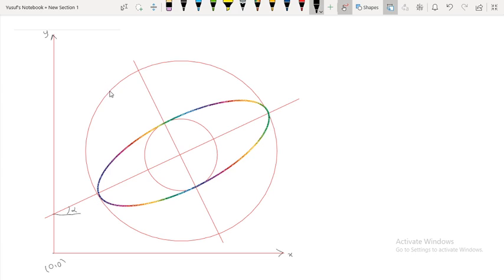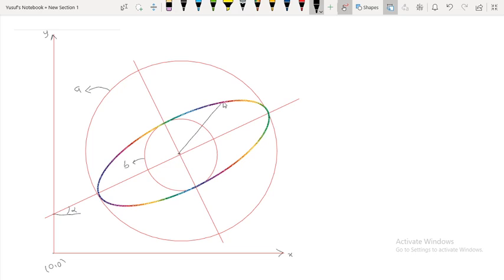Suppose the radius of the major axis is a and the radius of the minor axis is b. So the radius of the small circle is b, and the radius of the big circle is a. Now, you know how to draw the ellipse. To draw the ellipse, first we will draw one line